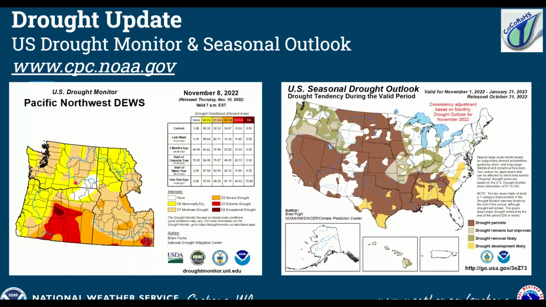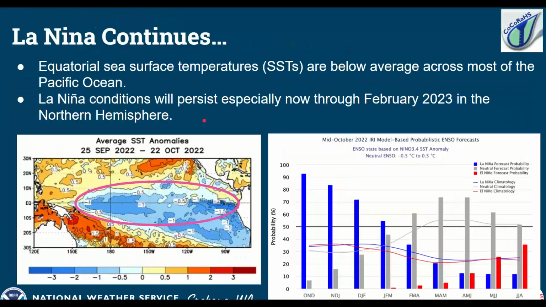The Columbia Basin, it's been there this whole year. It's never really improved from that. But parts of the northern mountains have been a little bit on the dry side, and also on the west side as well. They had a dry summer and fall as well. But the seasonal outlook does show that improvement is expected, and drought removal is likely across much of the region.